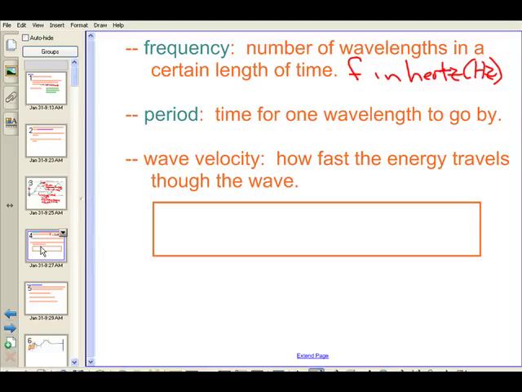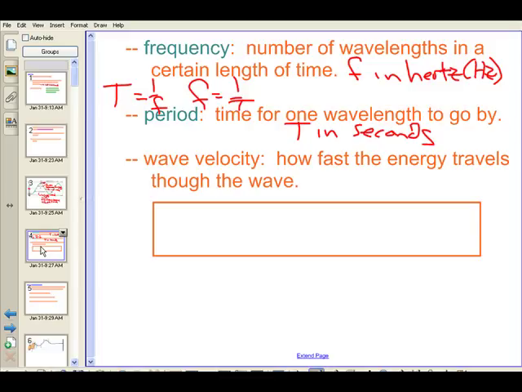Period. Now this is very important, because period is the time for one wavelength. It doesn't matter what wavelength. If one wavelength goes by, that was one period. Whatever that time happens to be, and whatever the distance of that wavelength, that wave passes by in one period. That's how we define it. It's still T, in seconds, and we still have that relationship of T equals 1 over F, and F equals 1 over T. That was from way back about chapter 9, 10, 11, when we saw that unit.